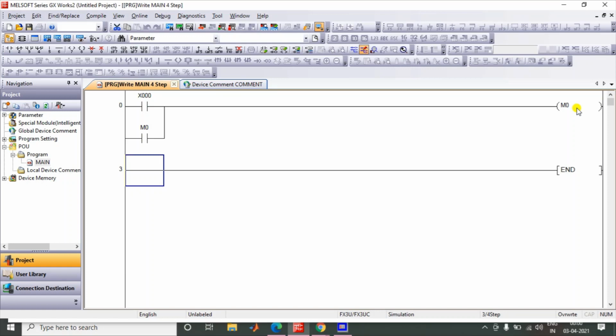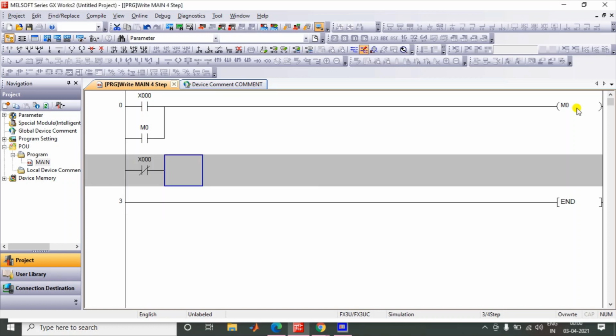Under that state, the input is the inverse of X0, or X0, you can say. So that is X0. And for my second stage, of course, my memory is already held, so that should be NO.